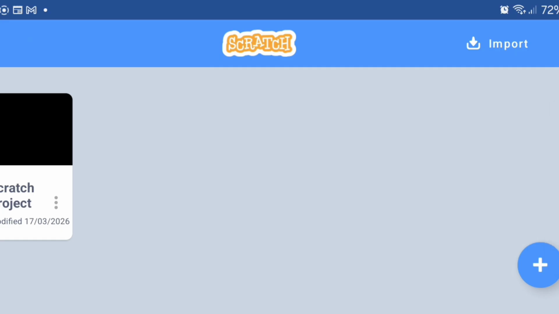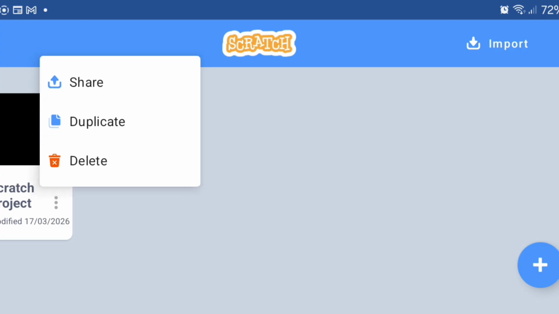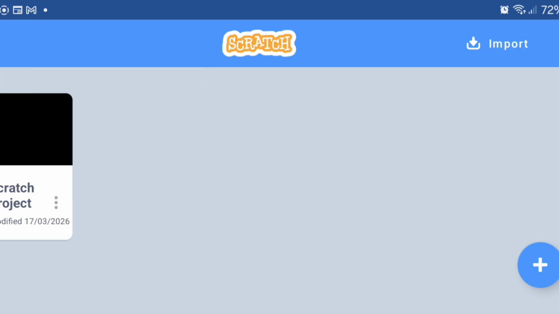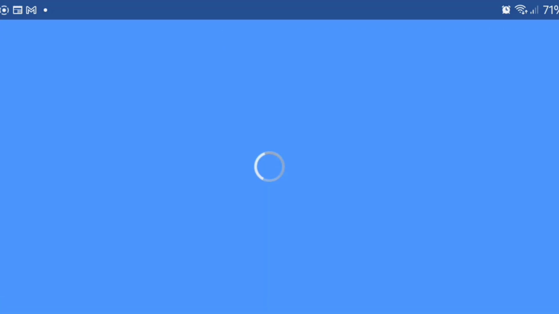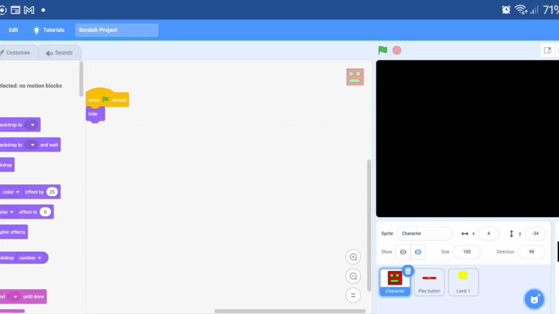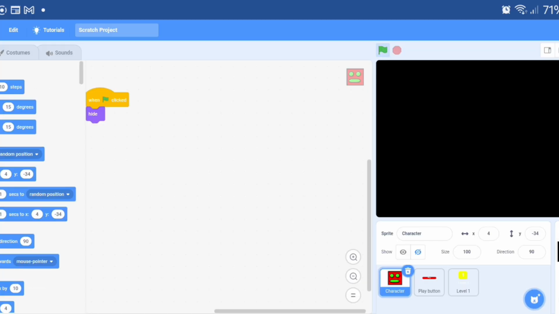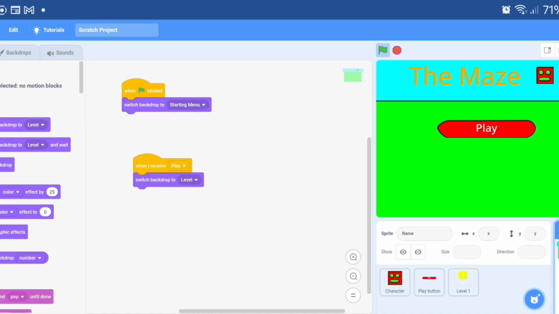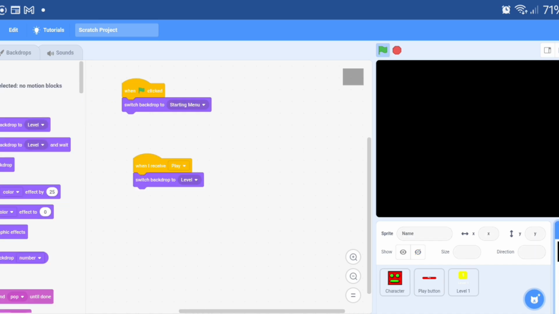This is the second tutorial of making a Scratch game using arrows. So now we're gonna load the project from yesterday. Now we wait for it to load. So the first thing we're gonna do is to